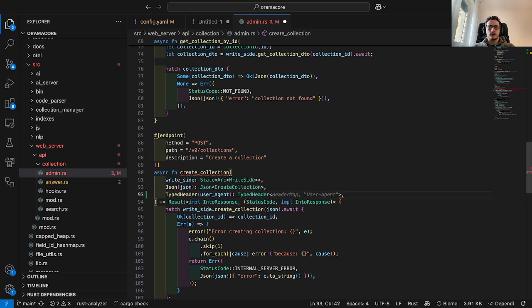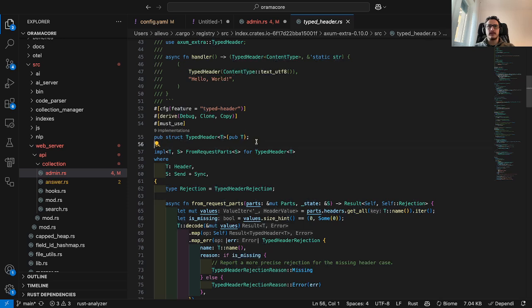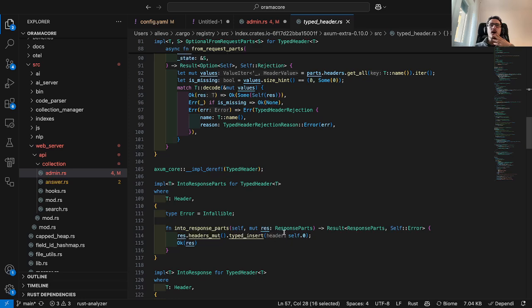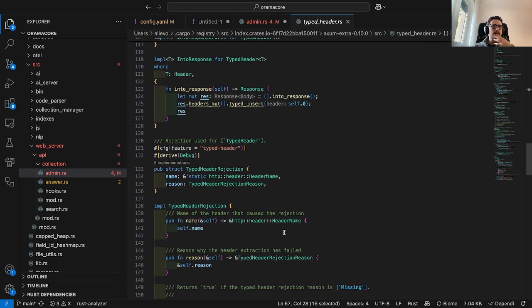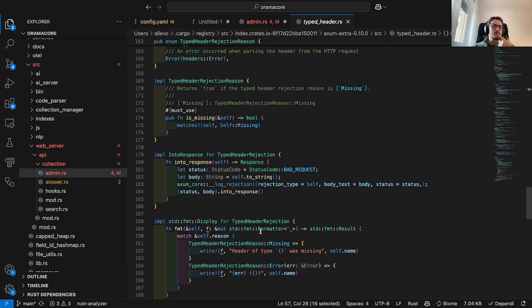And here I don't want the pub t. This is from request part, optional, into typed header rejection, fine. So